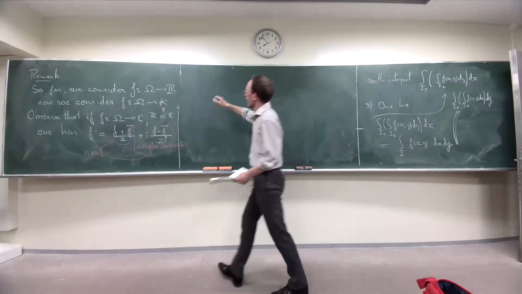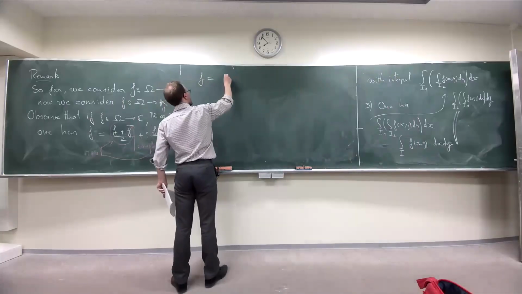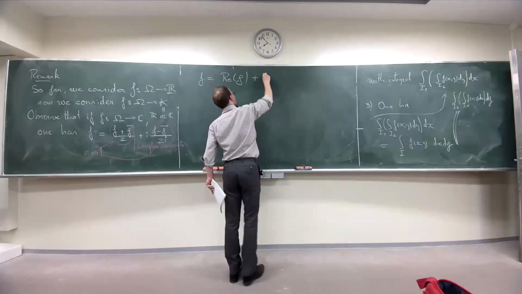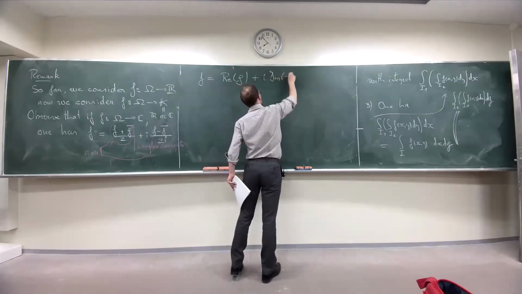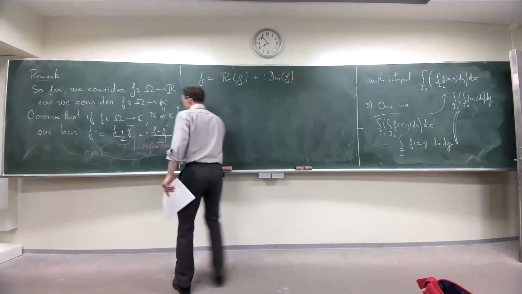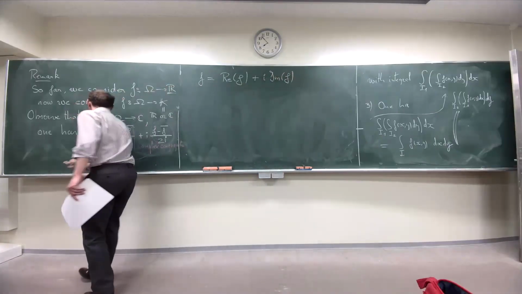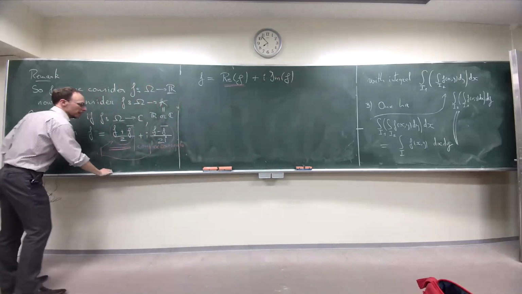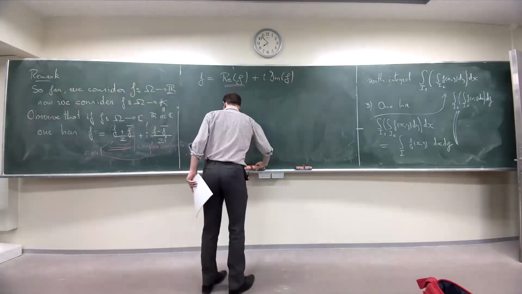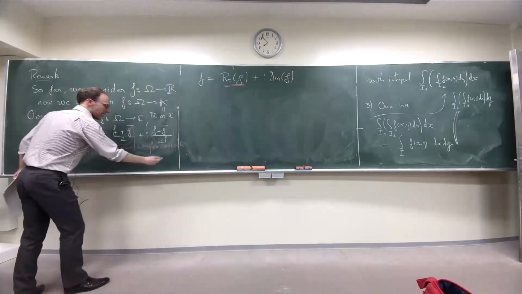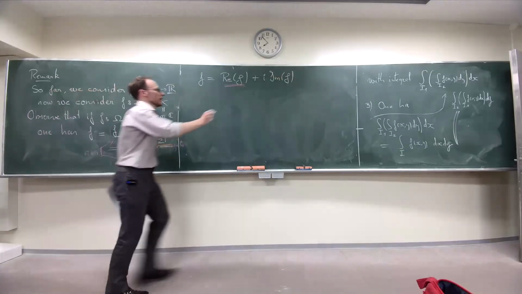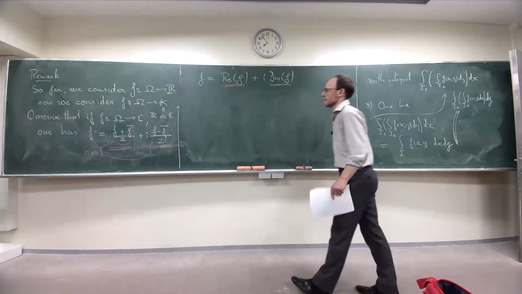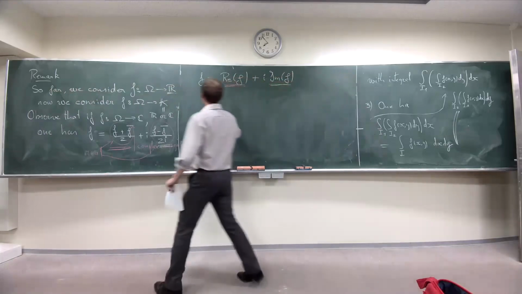So it means f can also be written as the real part of f plus I times the imaginary part of f. And what is this? This guy here is this one here, and in a second color, this guy here is this guy here. Okay. So it means then